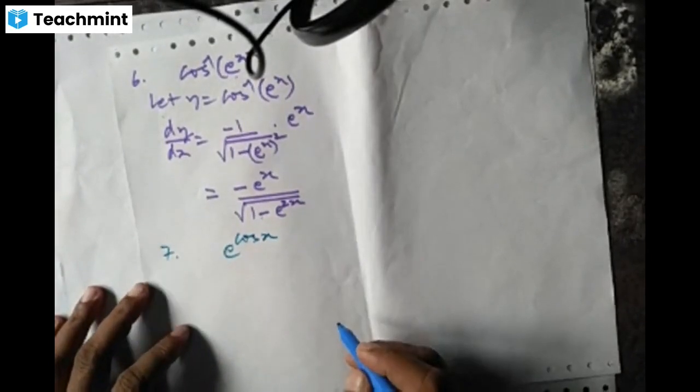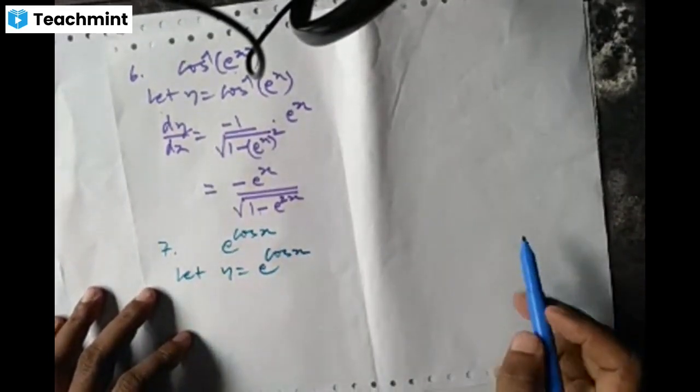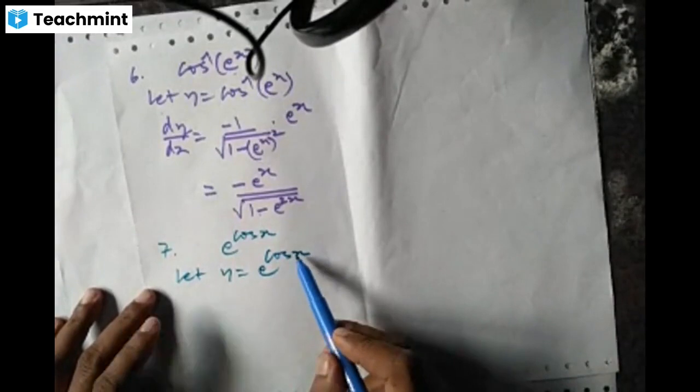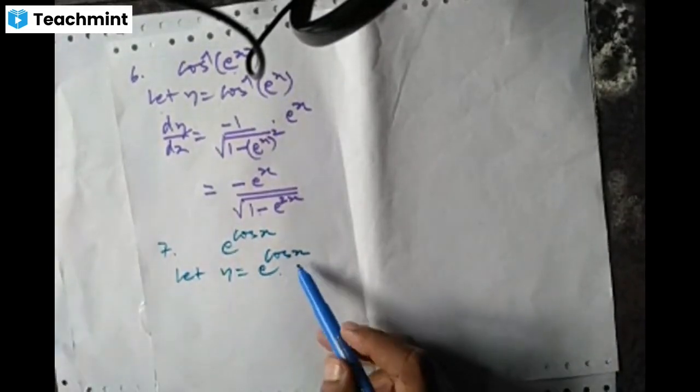Okay. Next, problem number 7. The given function is e power cos x. So we have to find its derivative. Okay. Let y be equal to e power cos x. So given function is composition two functions. One function is cos x, other function is e power x. Again use chain rule. So dy by dx is equal to